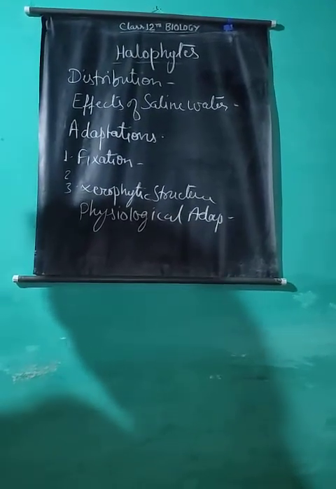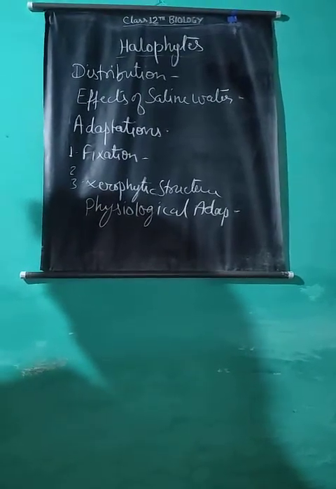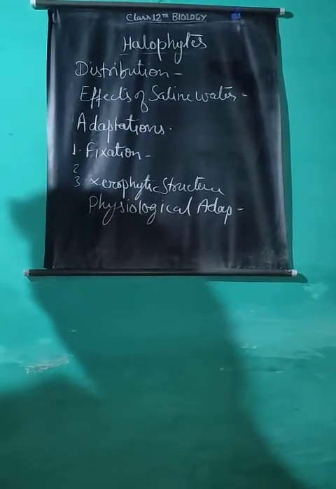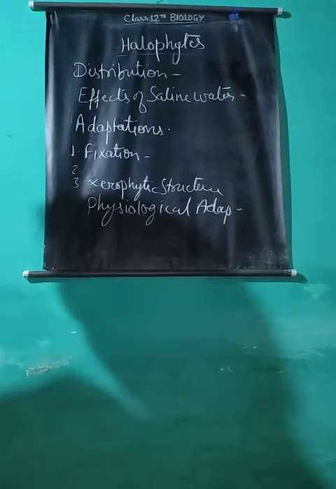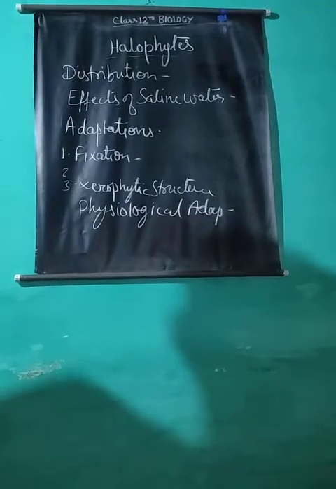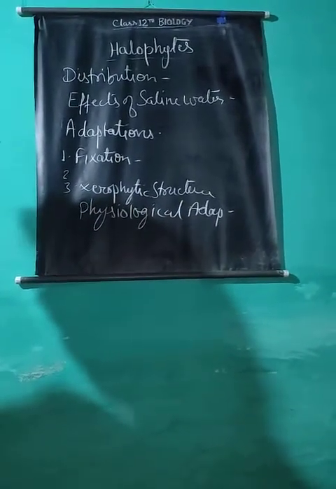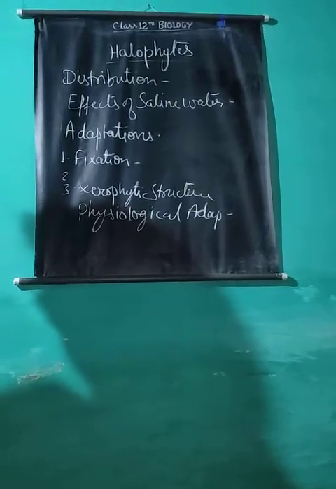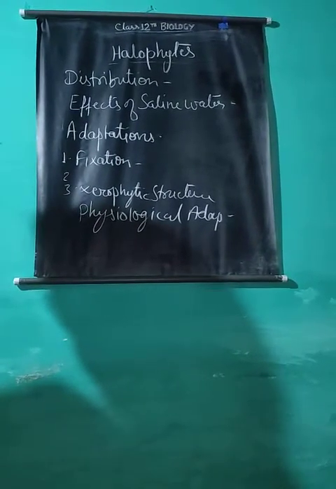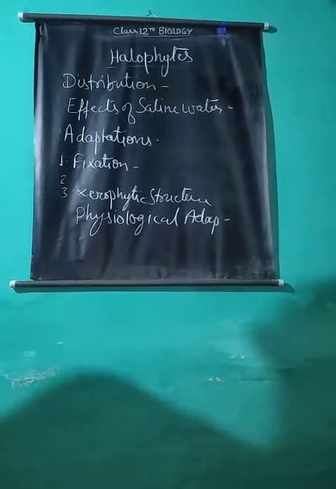It is assumed that halophytes grow in saline habitats not because they are salt loving but because they tolerate high concentration of salt better than other plants of non-saline habitats. Active intake of salt also increases the osmotic concentration of cell sap and thus makes them able to absorb salty water very easily.